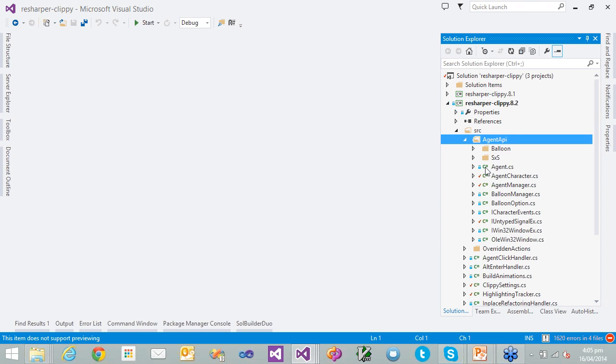The way Clippy works is by using a third-party component to do it. It's a component called Double Agent, which is an open-source implementation of Microsoft's Agent API. It's also a COM component, which is great if you've got it installed. It's a little bit tricky if you don't have it installed, and so we have to do some side-by-side magic